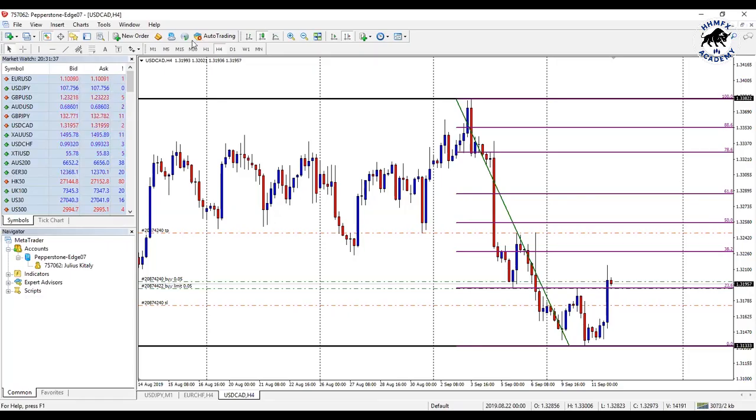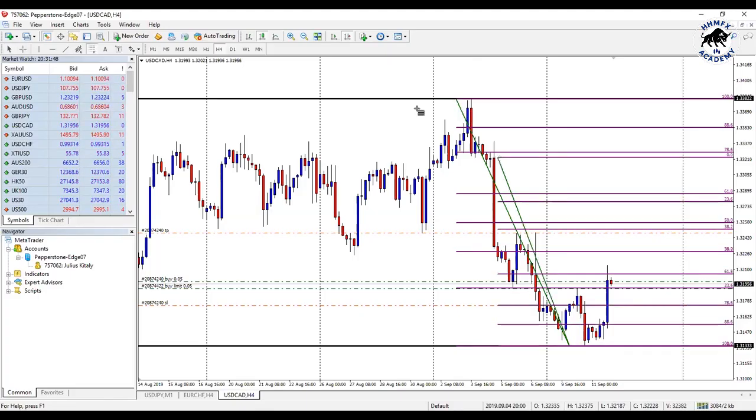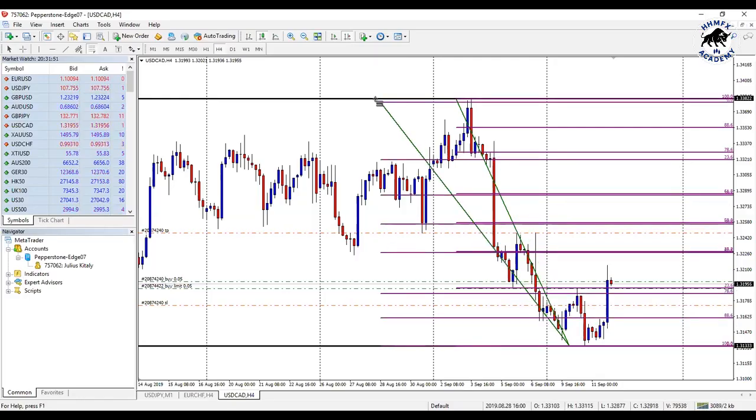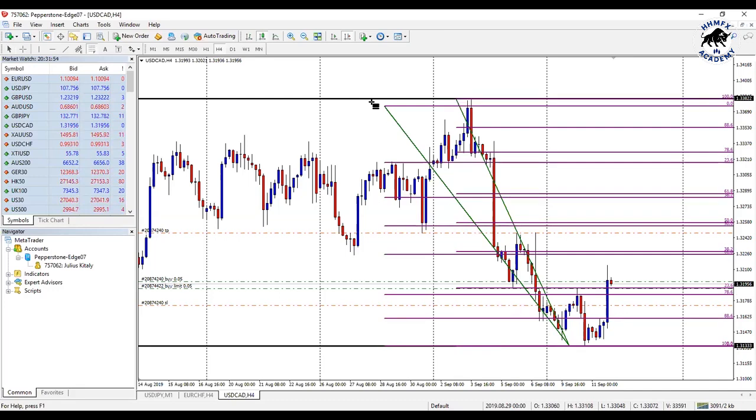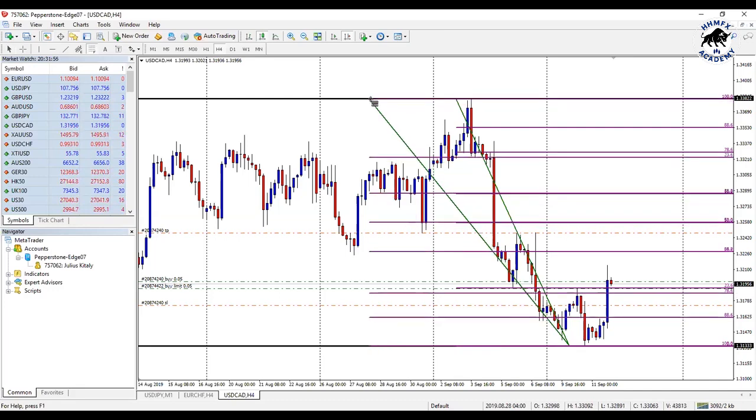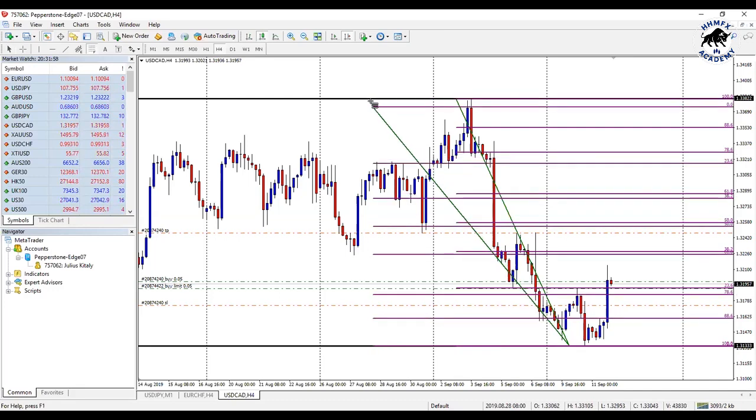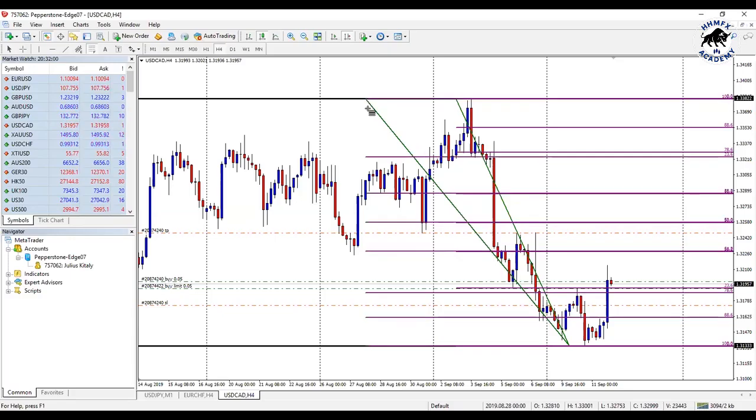Guys, if you draw opposite of this, remember we just drew from the top to the bottom, but if you draw from the bottom to the top, remember this drawing from the bottom to the top is not meant to show you the levels. It's not meant to show you support and resistance. It's meant to show you